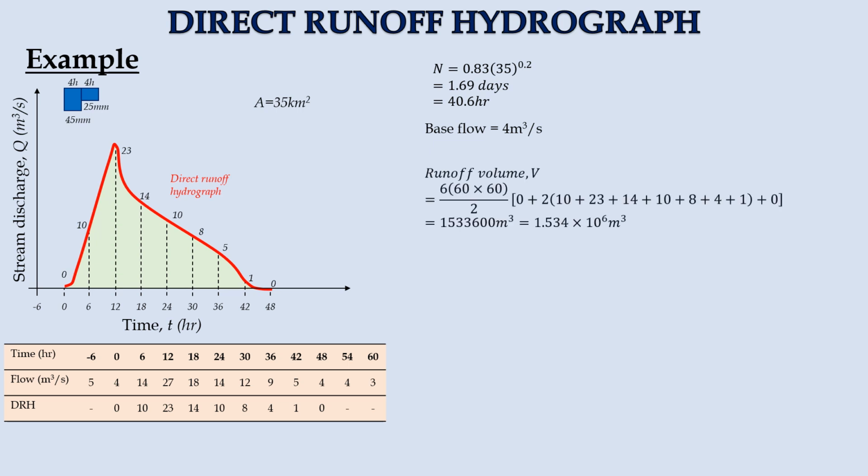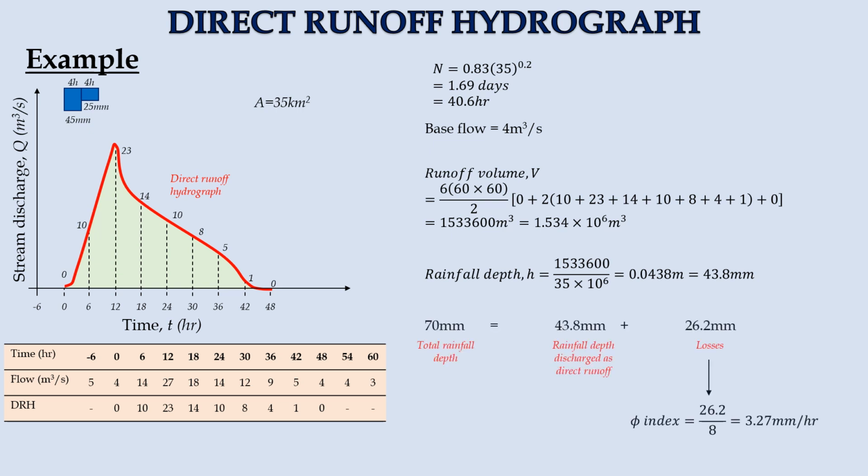By using trapezoidal rule, we can estimate the total runoff volume. Note that we need to change the unit of time from hours to seconds. As a result, the runoff volume is found to be 1.534 million cubic meter. The rainfall depth equals the division of runoff volume with catchment area. In this case, it should be 43.8